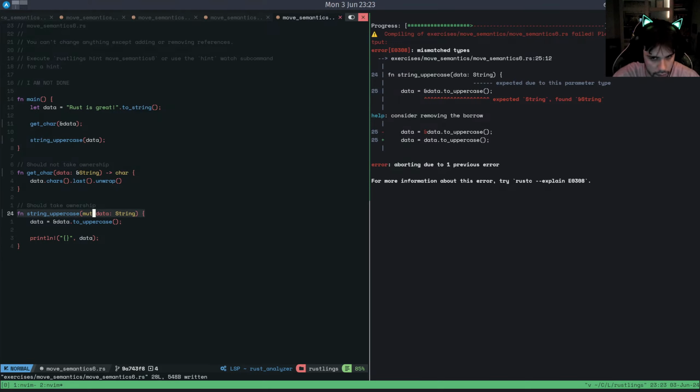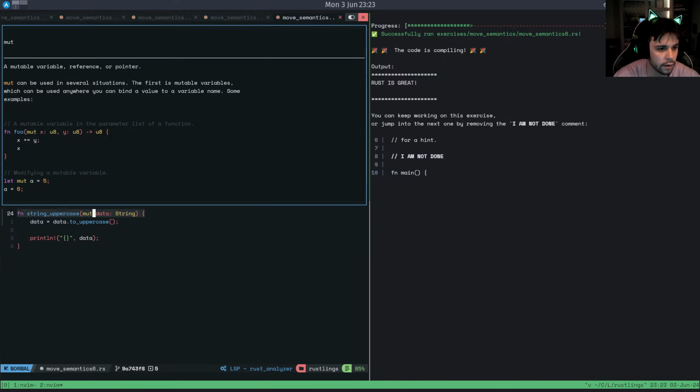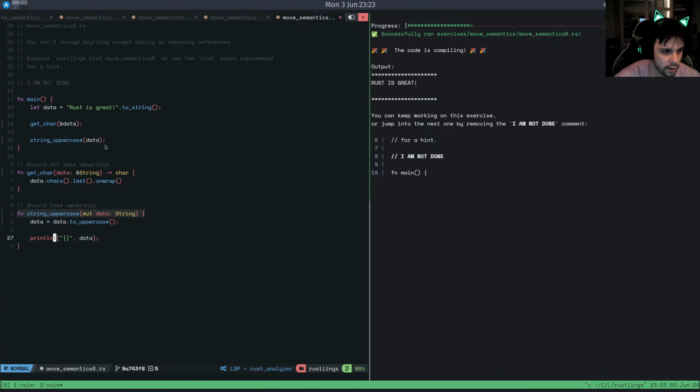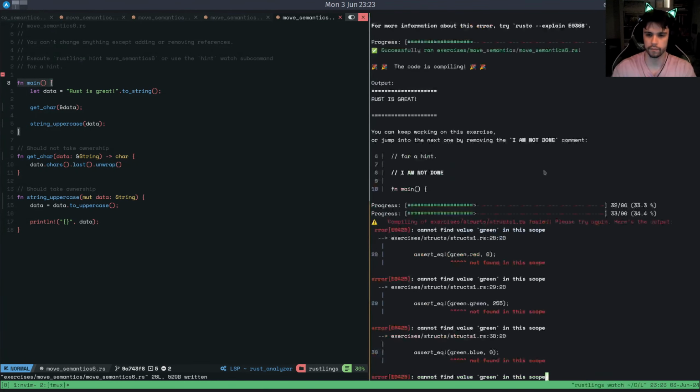Immutable data. So yeah, we allow the parameter to be mutated, so that we can then do this. Okay, and this is now